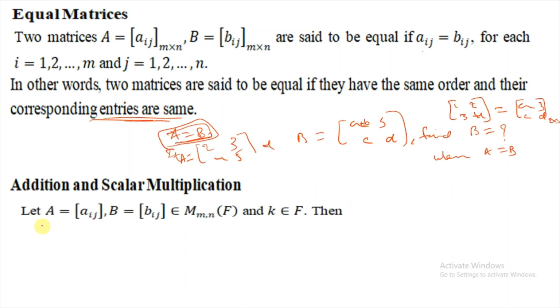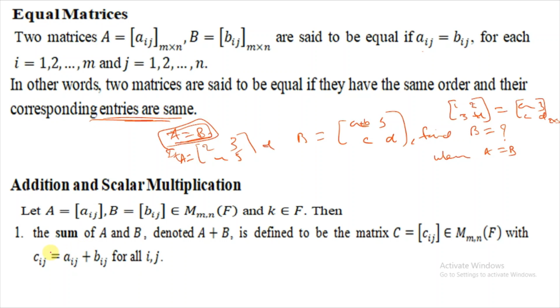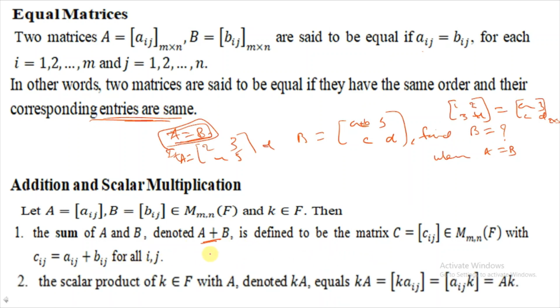What is addition? Let A and B be two m by n matrices. The sum of A and B, denoted by A plus B, is defined to be the matrix, and this addition also gives you another matrix, some C. C belongs again to m by n matrices with Cij equal to Aij plus Bij for all i, j. That means